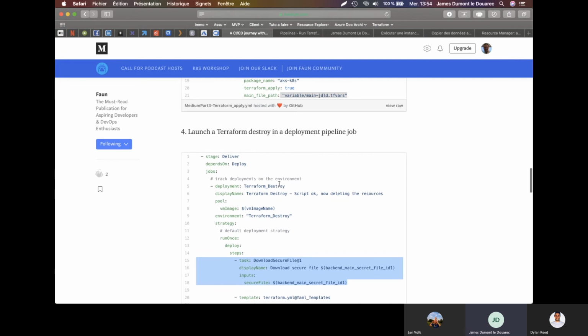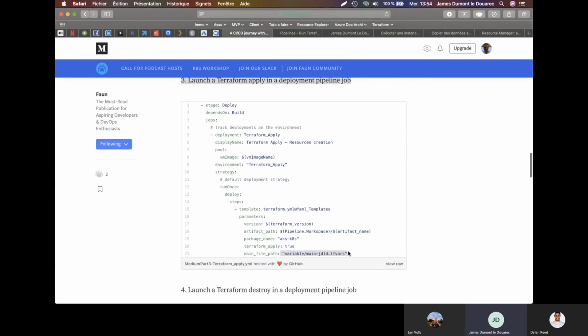If you had a look at the previous stage, we didn't download the secret file, because when you output the result of a Terraform plan in a file, it's encrypted, and this is the package. This whole package can just be taken and run like that. It's encrypted in the artifact.